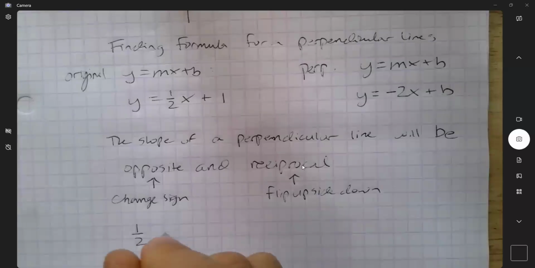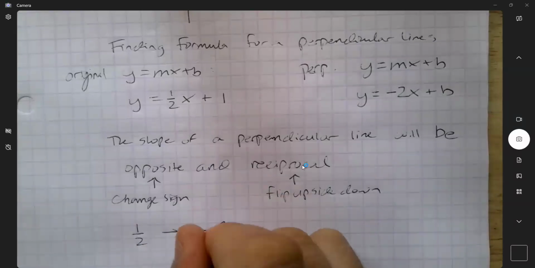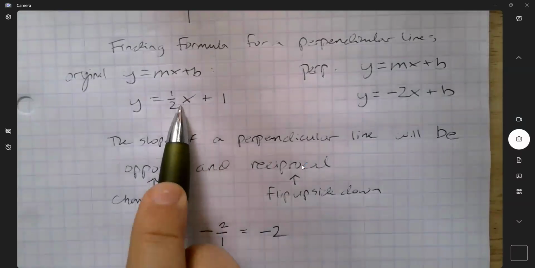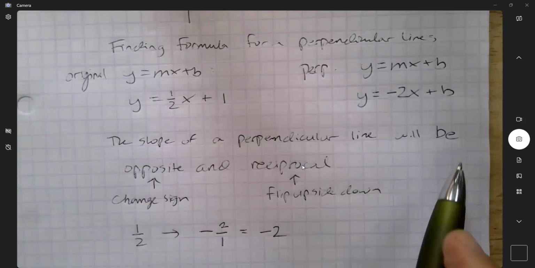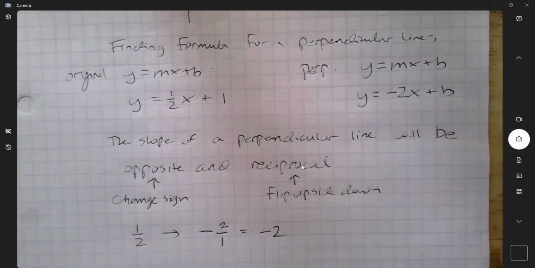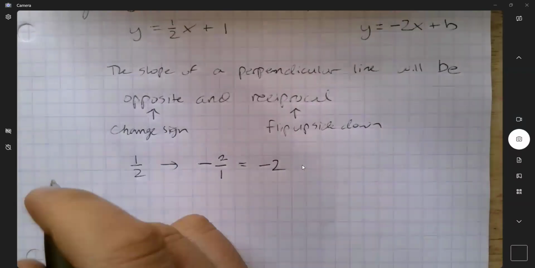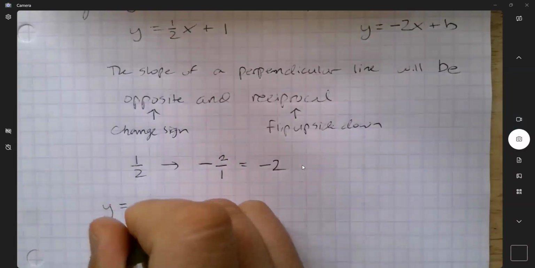One half, change the sign, makes it a negative, flip it upside down, make it a 2 over 1, which we write as -2. So 1/2 x plus 1 versus -2x plus some y-intercept. If my perpendicular line, or if my original line